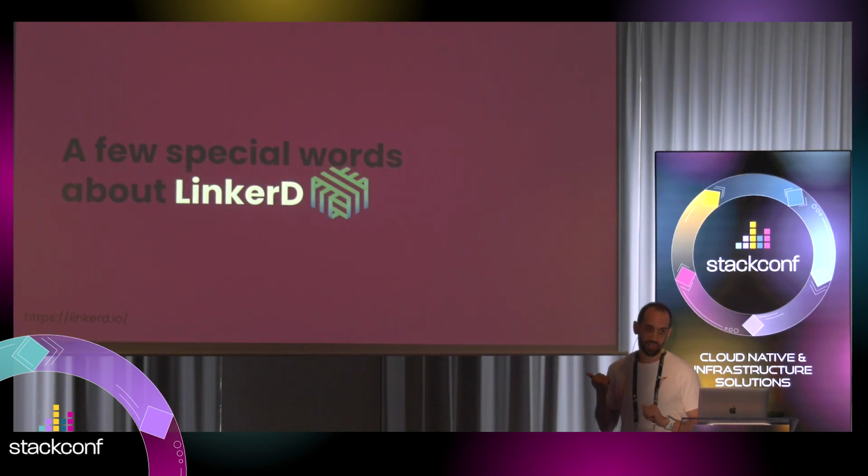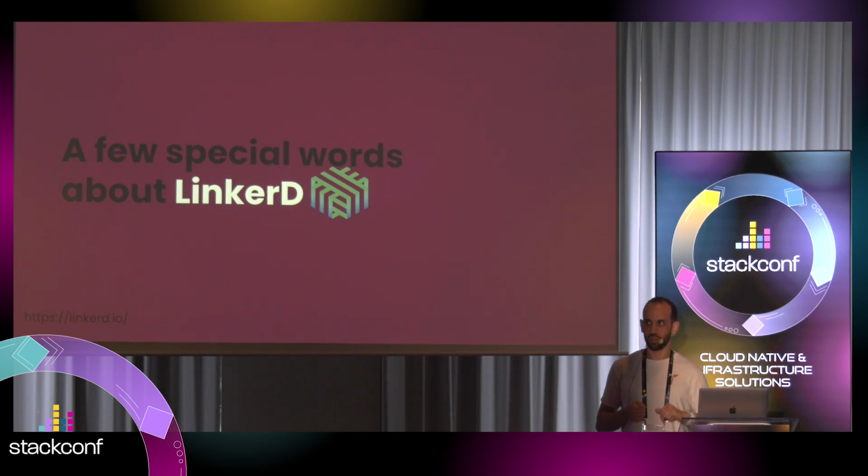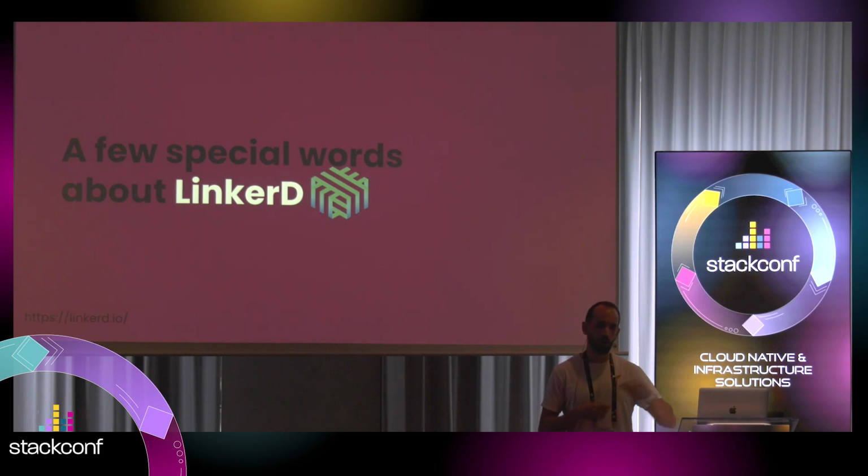Now, a few words about LinkerD, because we wouldn't have been able to talk about this kind of stuff if LinkerD was not in place. This will not be a service mesh talk, but LinkerD enables us to have out-of-the-box metrics for everyone in GWI, at least when it comes to the golden observability signals: latency, saturation, throughput, error rates, and so on. Some people were passionate about it and built it themselves, but we really want to go all the way. Every engineer for a new microservice will have nice Grafana dashboards with all those metrics out of the box, and the service mesh enables this.